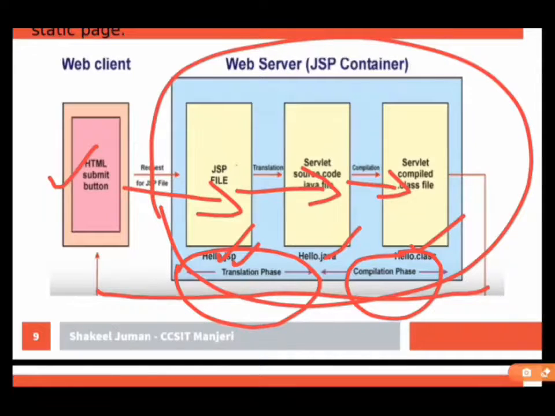And another is the compilation phase, where the Java file is converted into the .class file. After that it will be executed. This is the basic architecture of JSP. The picture will help you learn how to process JSP architecture.